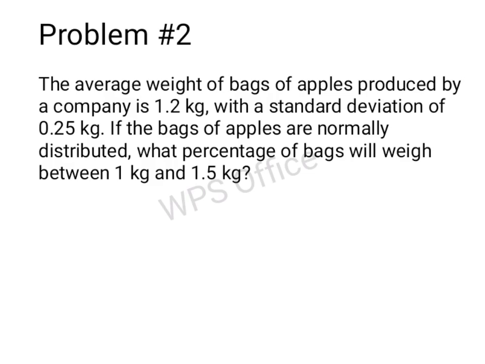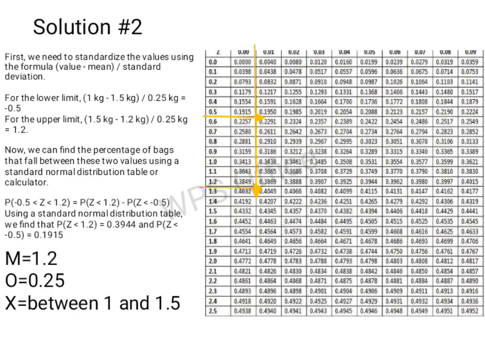Solution number 2. First, we need to standardize the values using the formula, which is value minus mean divided by standard deviation. For the lower limit, 1 kg minus 1.2 kg divided by 0.25 kg is equal to -0.8. For the upper limit, 1.5 kg minus 1.2 kg divided by 0.25 kg is equal to 1.2. Now, we can find the percentage of bags that fall between these two values using a standard normal distribution table or calculator,